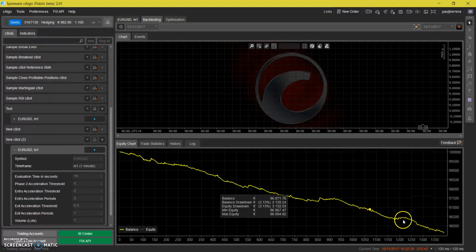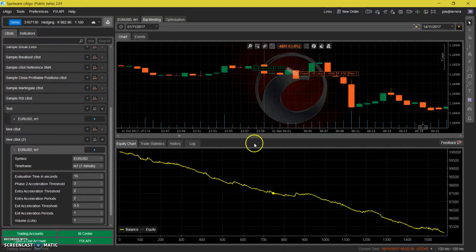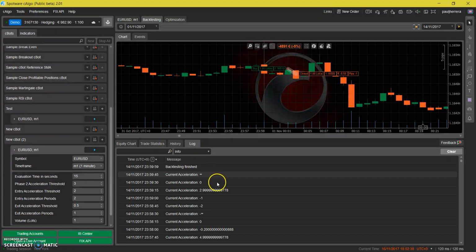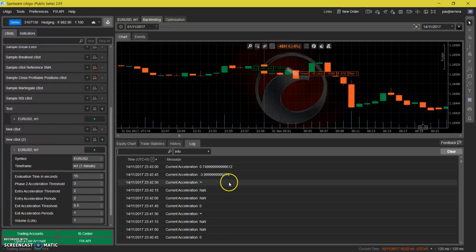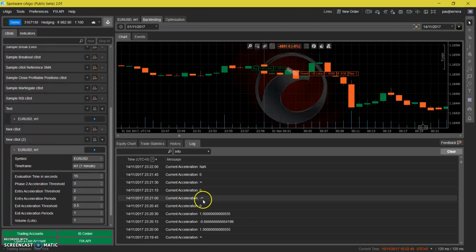We have it. It's not successful, but we have fewer trades. And we can see here the acceleration at each moment. Okay, so we have positive and negative accelerations, and we have this infinite and 0. Of course, if the market hasn't moved in that time, it will have an acceleration of 0. And if the previous speed was 0, as you can't divide anything by 0,